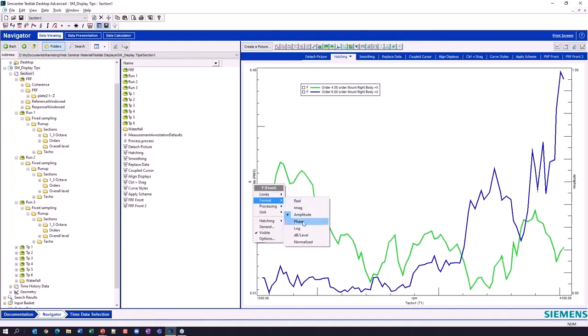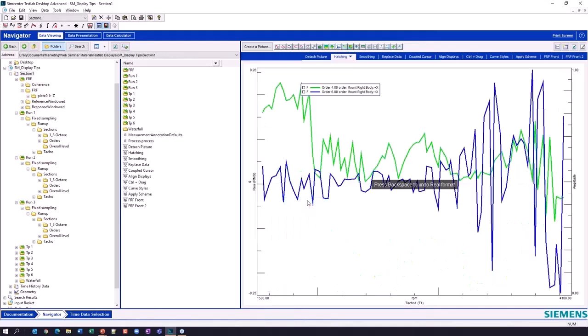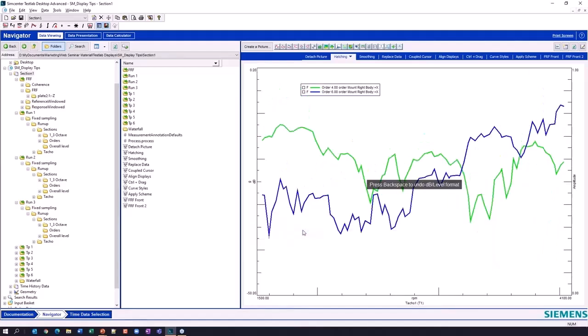I can put this in real, if I wanted to look at it where it'll be both positive and negative. So it takes into account the phase of my order cut there. In this case, I'll look at it in decibels. And I have some other things here I can do, like unit. The default is G's of acceleration.